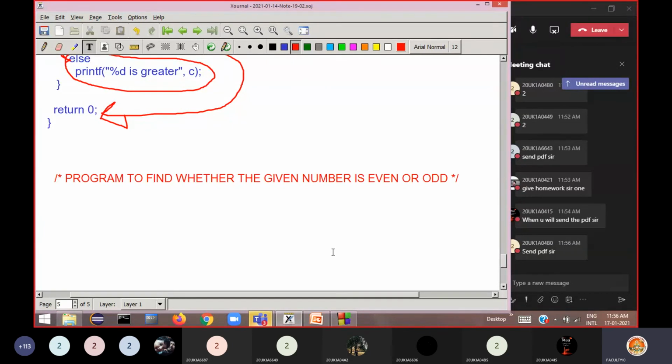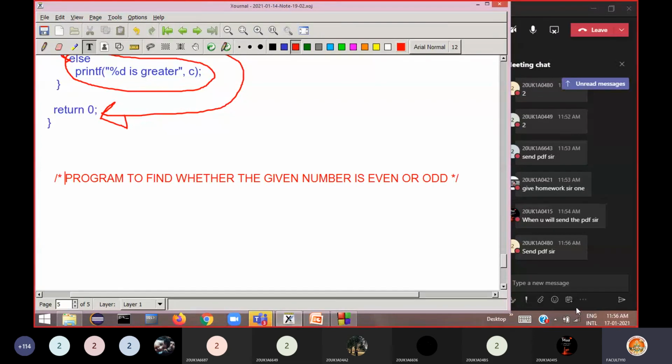Using that letter, your application counts how many girl students and how many boys are appearing for this exam, and if there are any third gender students, it counts them too. If you write programs for such real-time applications, you will understand where exactly these types of programs are used in real time. Okay, then we'll stop here.